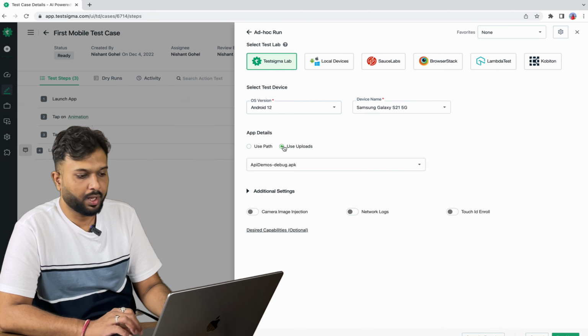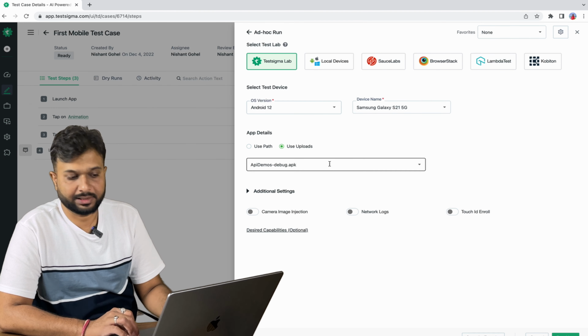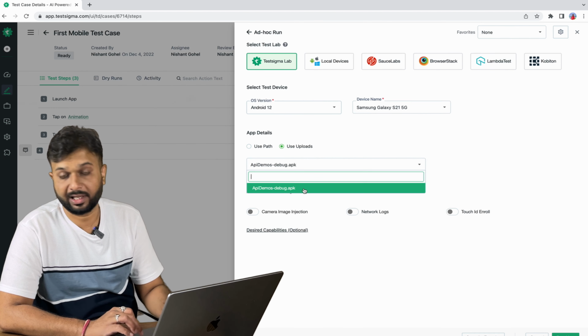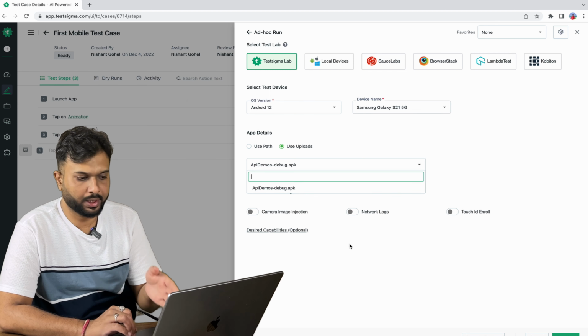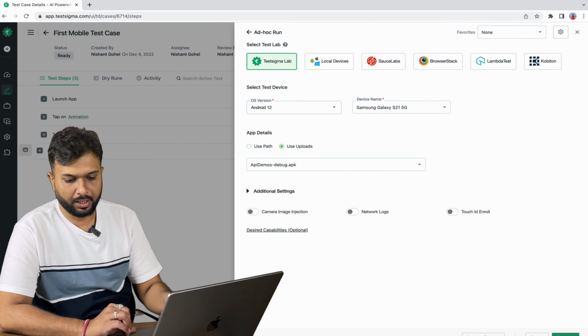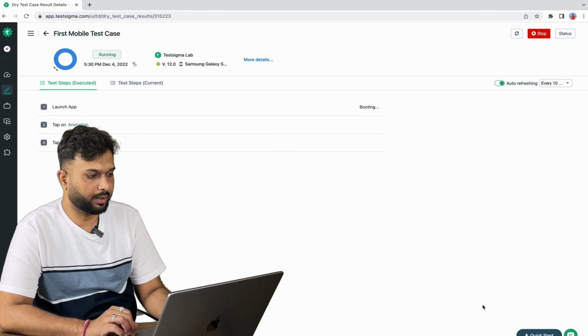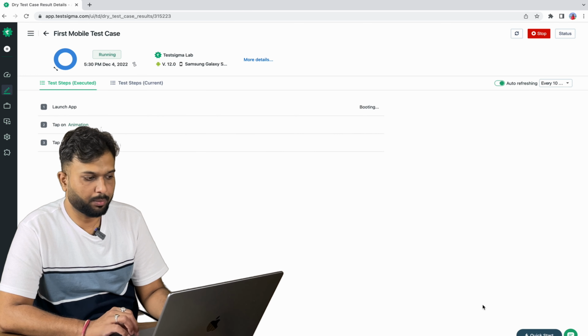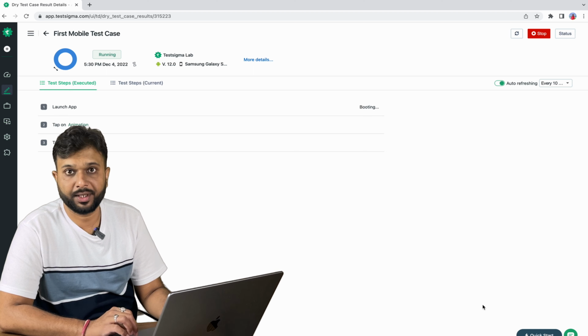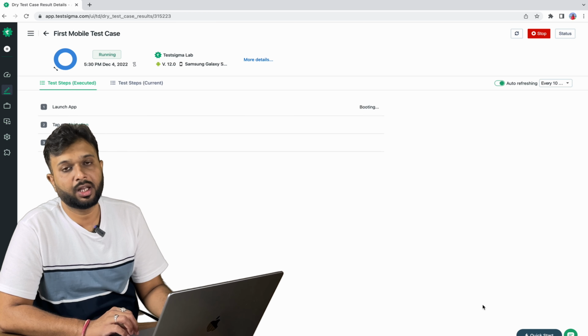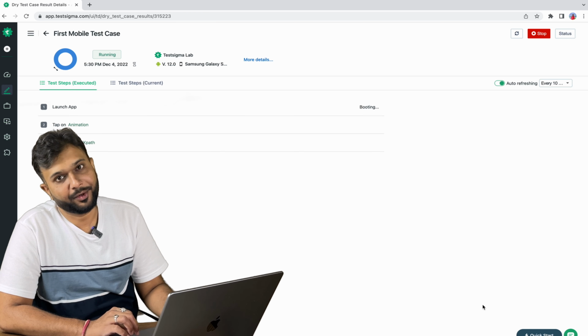And if I have uploaded, then I can select from the drop down. So here, let's say I have multiple APKs, then I have to select the appropriate APK, and we have to click on the run button. So our automation test will run on Test Sigma lab, and once it is completed, we will have results with screenshot and video.